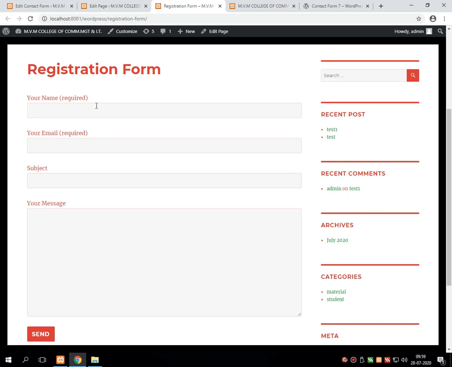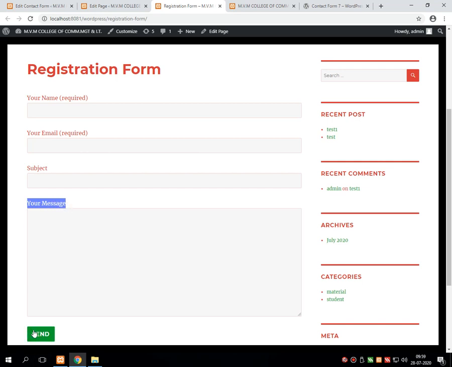In today's discussion, what we are going to see is, for example, that by default this plugin gives three text boxes, where the first two text boxes are required and the last text box is a multi-line text area, where we have to write our message.